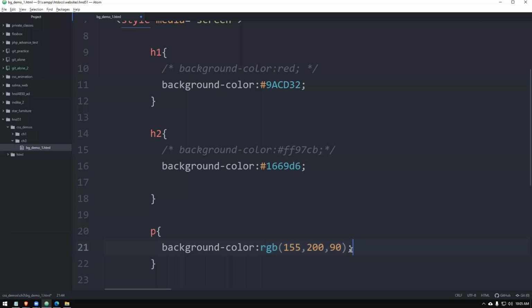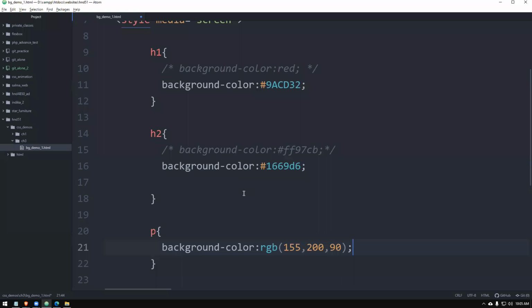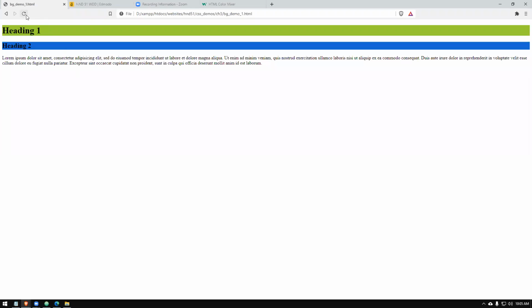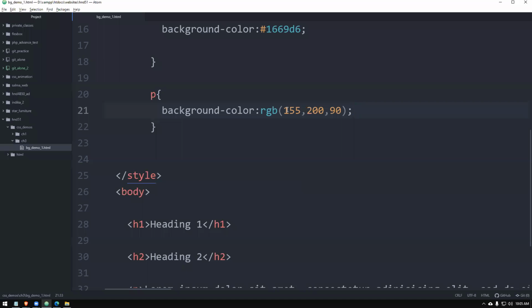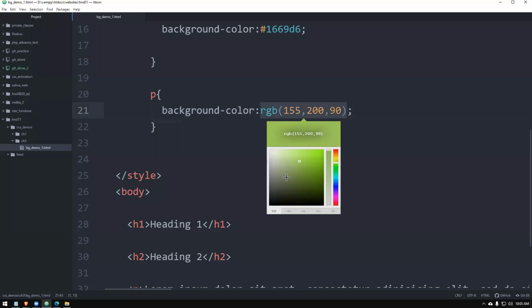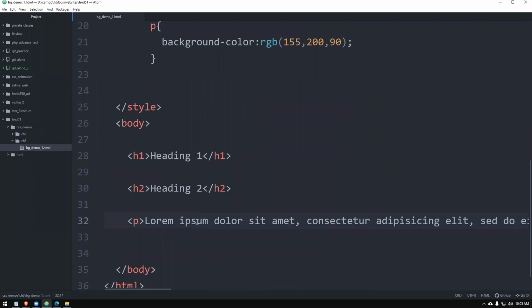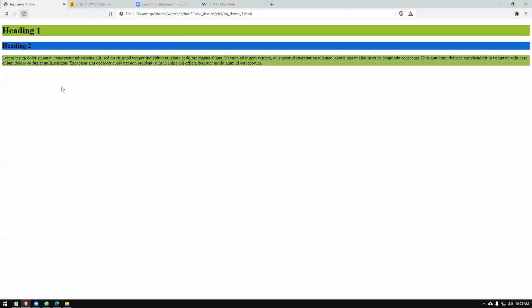Okay, it's working. So that's another green color coming.